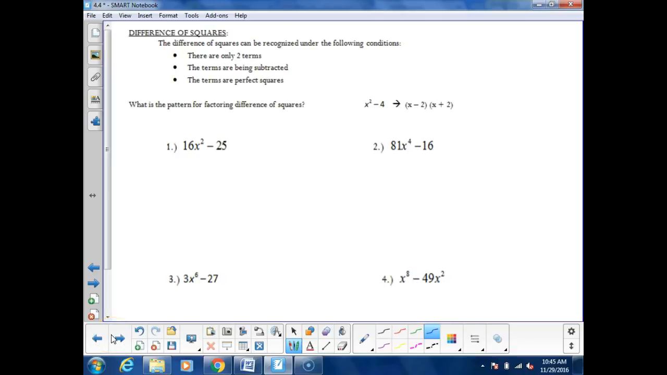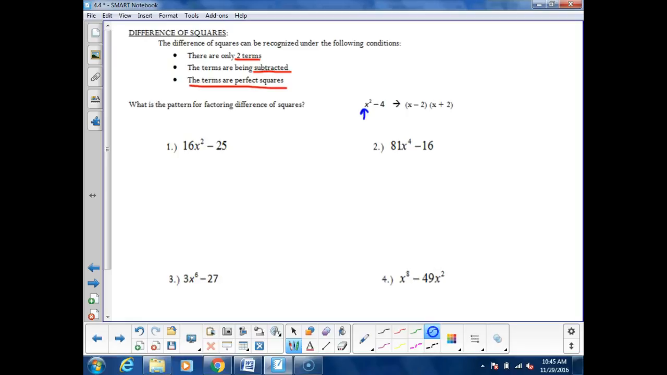Difference of perfect squares now. Okay, there are a couple of key points that need to be met. You can only have two terms. You must have a subtraction sign, and each term must be a perfect square. Those three conditions need to be met, and when you do that, the pattern then is you take the square